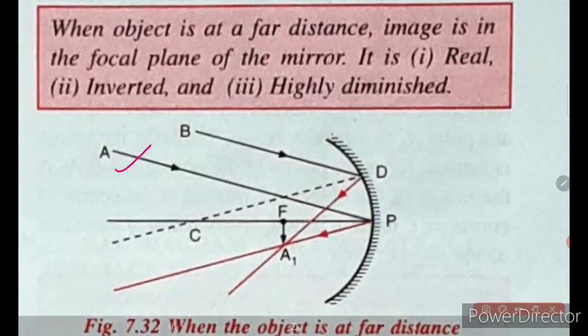Here the rays need to be parallel to each other, but it is not necessary that they be parallel to the principal axis. This is not parallel to the principal axis. So in this case we can take any two random rays, such that they strike the mirror and follow the laws of reflection. Here the angle of incidence should be equal to the angle of reflection, in both the cases,